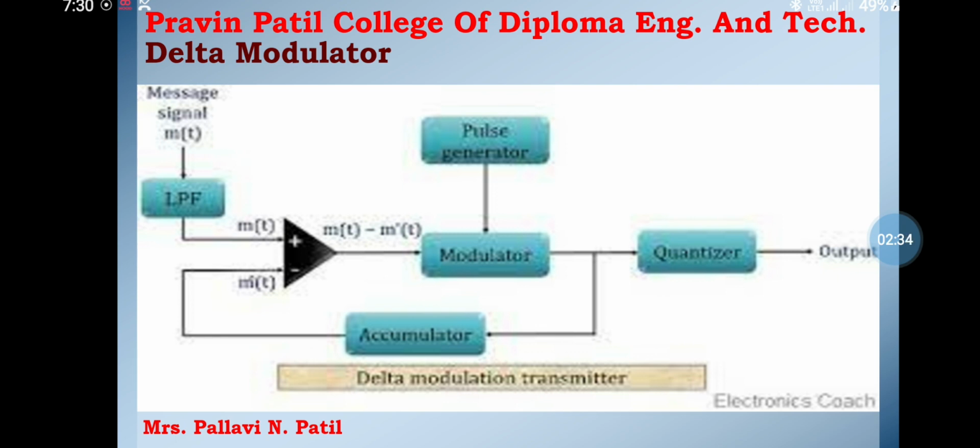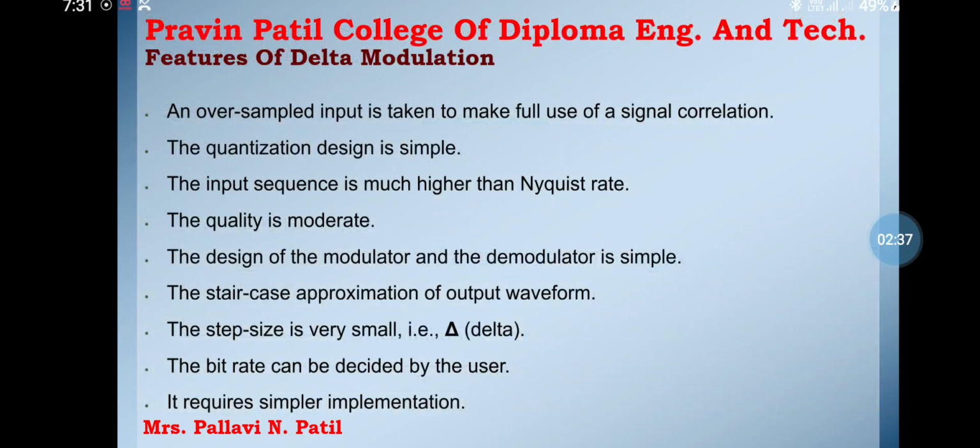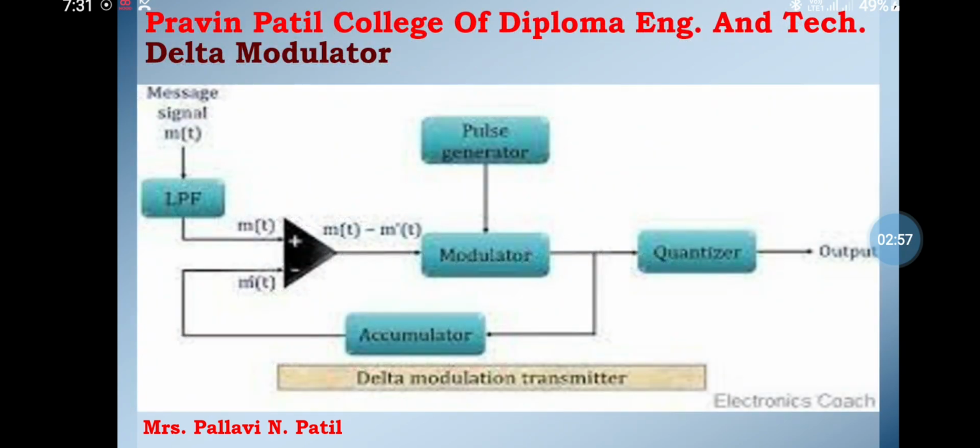This is the block diagram of the delta modulation transmitter. The sample and hold circuit samples the analog input signal into a pulse amplitude modulation signal. The up-down counter stores the previous sample in binary form. The up-down counter increases or decreases depending on whether the previous sample is larger or smaller than the current sample. This is the delta modulation transmitter.